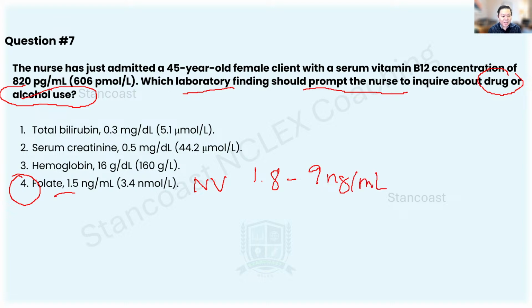So our patient's value is way below the lower limit. And so the low folate here, alongside the low vitamin B12 level, can suggest that there is also a folic acid deficiency, which is possibly caused by the alcohol use,